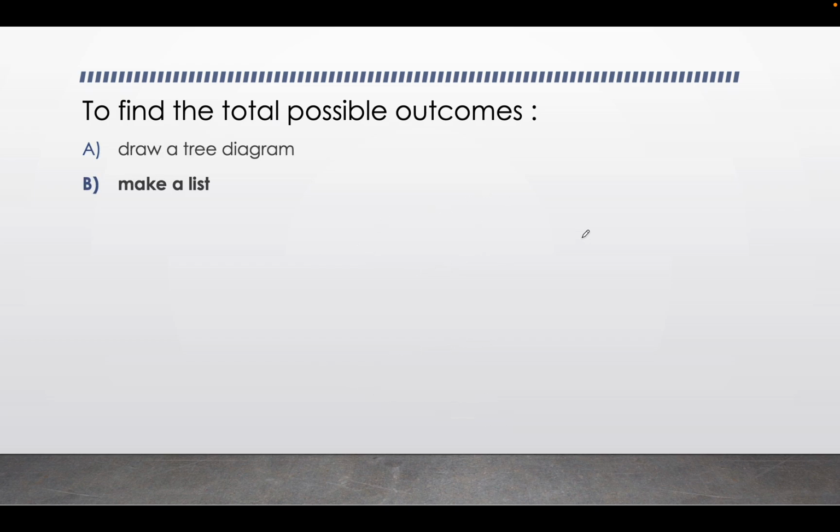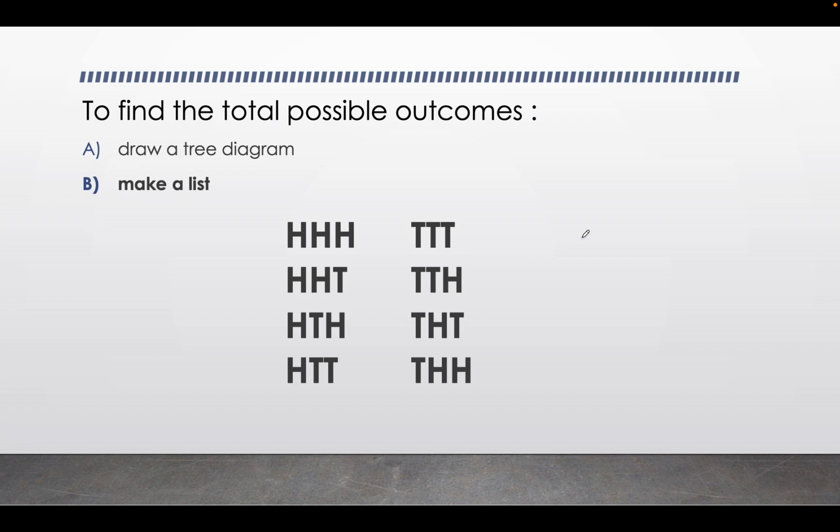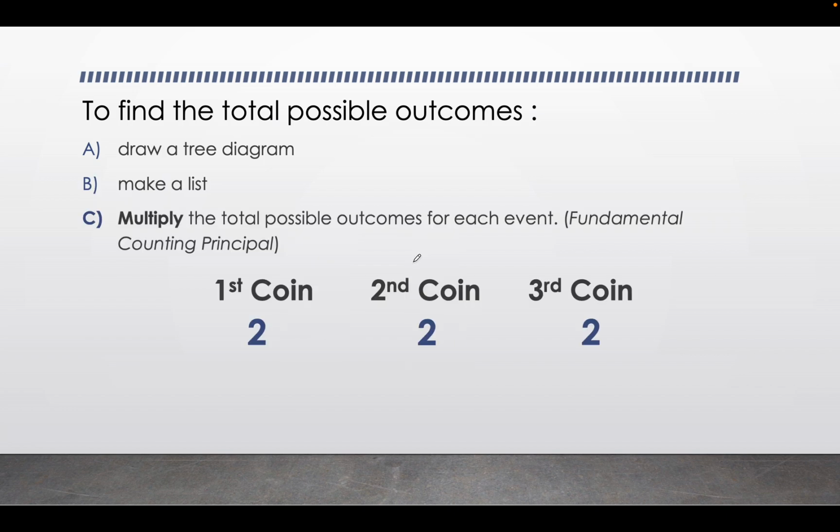Maybe a slightly easier way to list these is by making just a list of all the possible outcomes. And you can abbreviate here like I did: heads, heads, heads; heads, heads, tails; heads, tails, heads; heads, tails, tails; etc. The trouble with making a list is it can be easy to forget if you've already tried something or missed something. So you have to be very careful when making a list, especially if you imagine the number of possibilities is way bigger than 2, heads or tails. This list can get really long really fast.